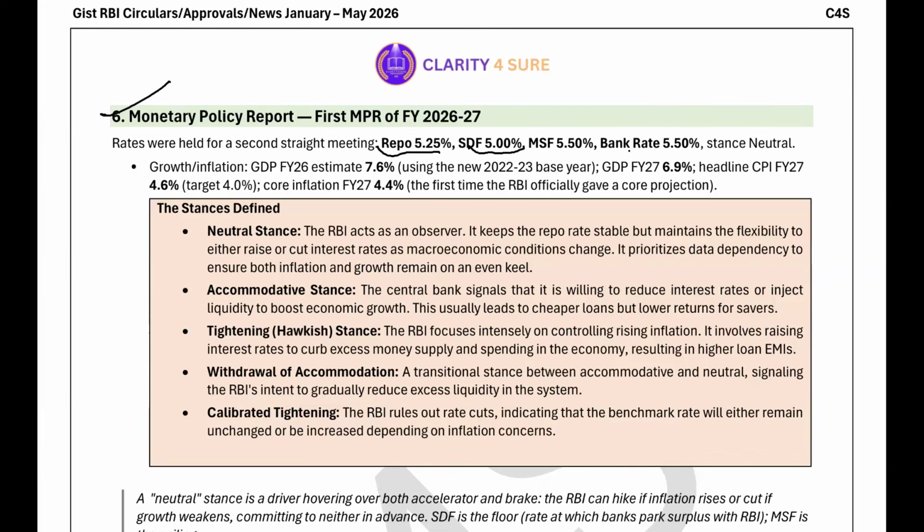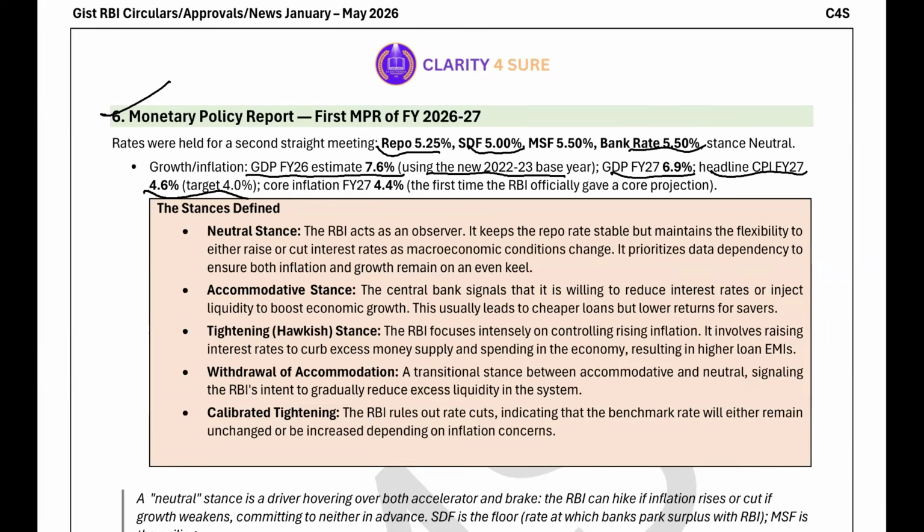Growth estimation ये कितना बता दिया गया, 7.6, using the new 2022-23 base year. I have told you, सब किसी ने 24 बोला, किसी ने 2022 बोला, CPI base year. It is using the new 2022-23 base year. देखो, base year उस ईयर को सेलेक्ट किया जाता है जिसमें बहुत ज्यादा चेंजेस उस साल नहीं हुआ है। Are you getting my point? तो think about it. Headline CPI financial year 2027